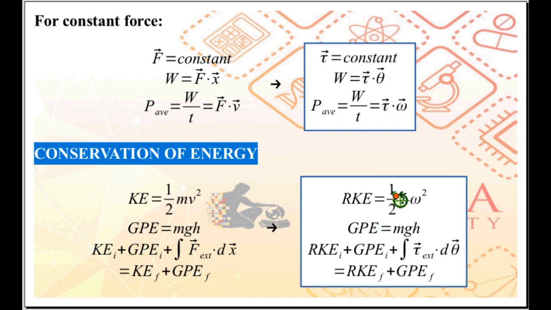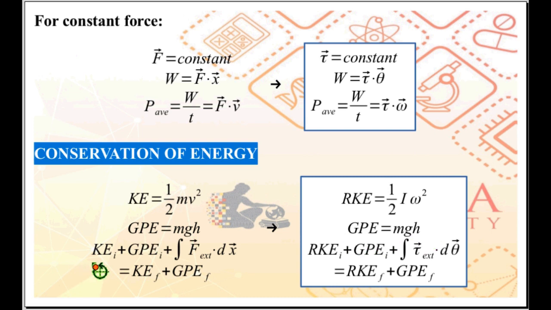Rotational kinetic energy is equal to 1/2 I omega squared. Now, gravitational potential energy is energy associated with position. As long as that object is in a particular position, it has this amount of potential energy. So it doesn't matter whether the object is moving in a straight line or moving in a circle or rotating, meaning angular motion. Gravitational potential energy is still